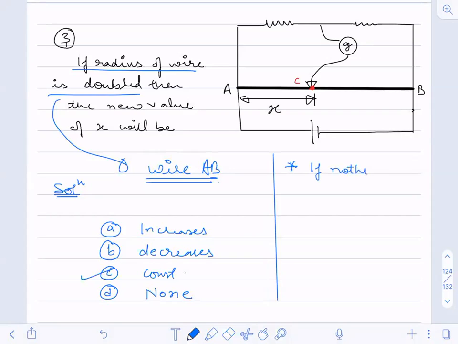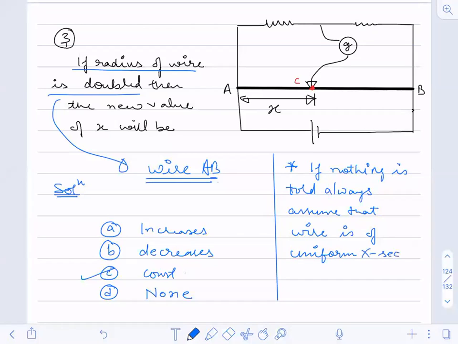If nothing is stated, if nothing is told, always assume that the wire is of uniform cross section. This wire will be of uniform cross section. Understood? Now, if it is of uniform cross section, then R, this is resistance, will be